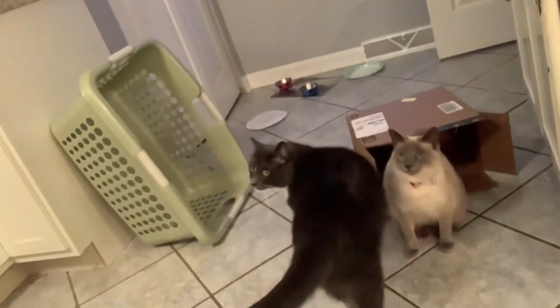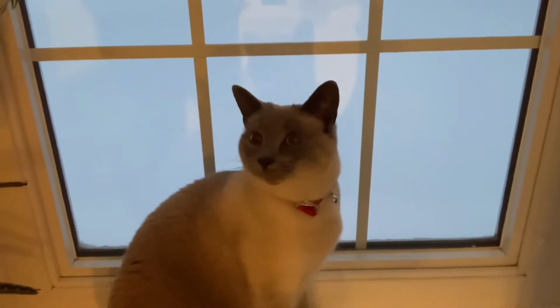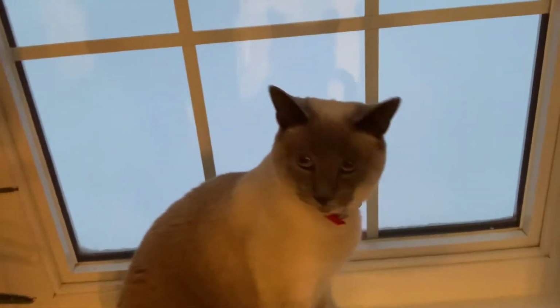Let me just show you my cat, first of all, in the box. Where are you, Jasmine? She was just playing in the box. But I'm gonna show you outside the window. Come on over. Look outside my window. She says, yeah, look outside our window. There was a squirrel out there earlier, but isn't it beautiful? And it's still coming down. I don't know if you can see that or not, but anyway,